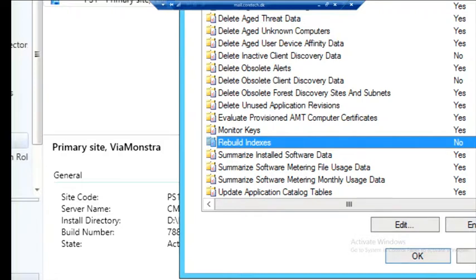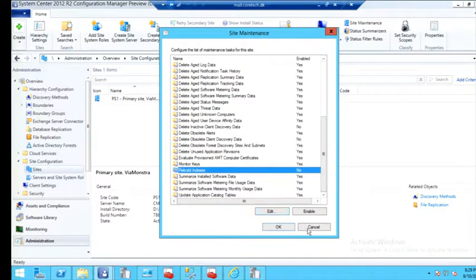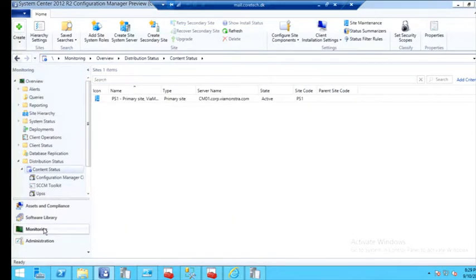Hopefully you have this enabled, because rebuilding the indexes in a database is very crucial for performance. The thing is, from time to time, it seems like this actually doesn't work in CM12. I've been to customers, one customer where it took, when I went into the monitoring node here, and